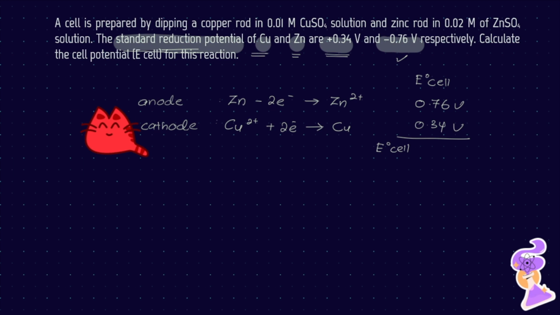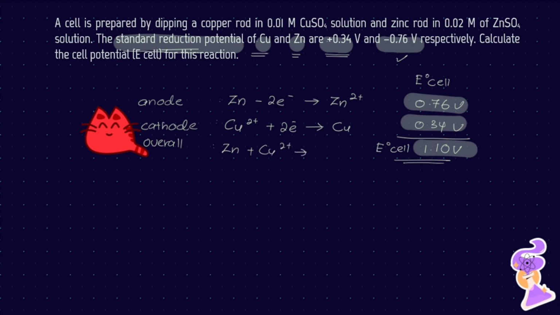You just add them together and you will get 1.10 volt. You should always write the overall reaction, which is zinc plus Cu2+ to produce Zn2+ and copper. Since you already wrote 0.76 plus 0.34 equivalent to 1.10 volt,